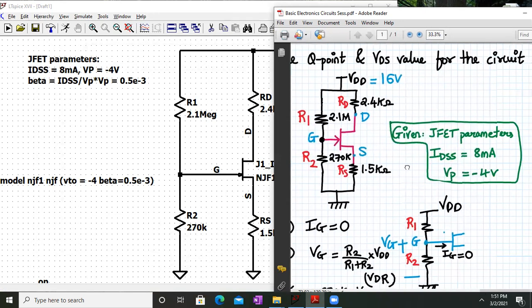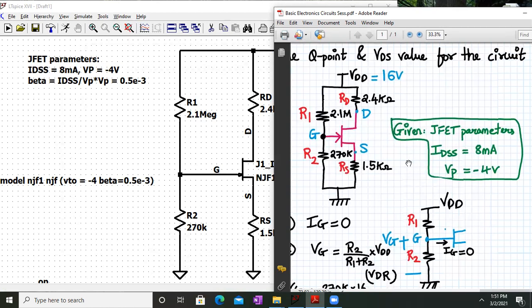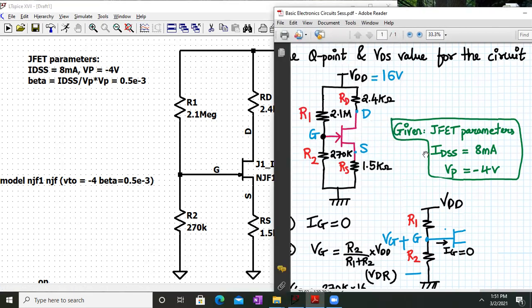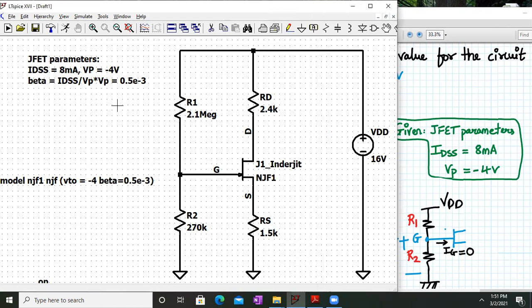In this way we can simulate any circuit, that is BJT, JFET and MOSFET DC analysis, and check whether the analytical analysis is in the right direction or not. You can also try it out in LTSpice and verify for any numerical, whatever the values are for the terminal currents and voltages, given the JFET parameters, the external resistors and the power supply voltages. So that's it for this session.